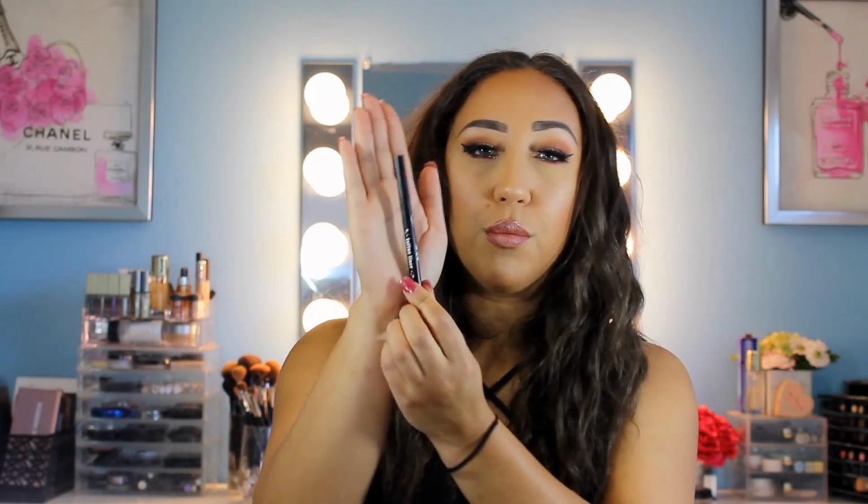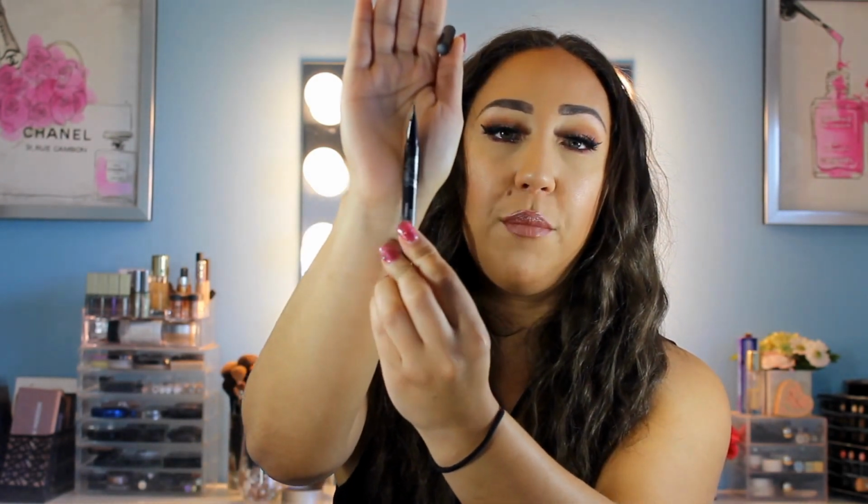So next I repurchased one of the Kat Von D tattoo liners in Trooper. It's got a really nice fine tip at the end, which is really why I like it. What I'll usually do is use this to make my wing, do the outline of it,